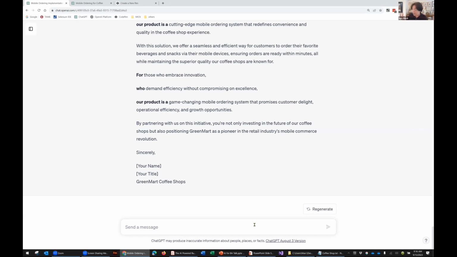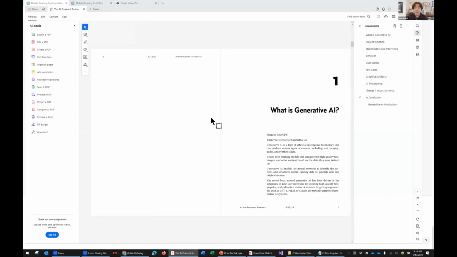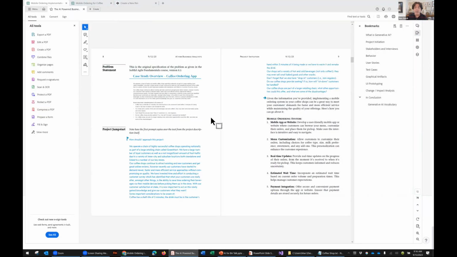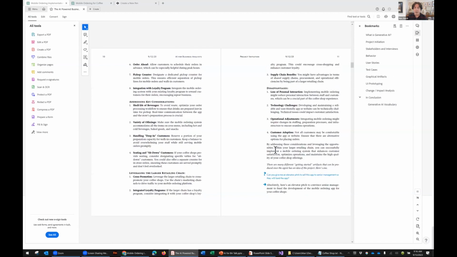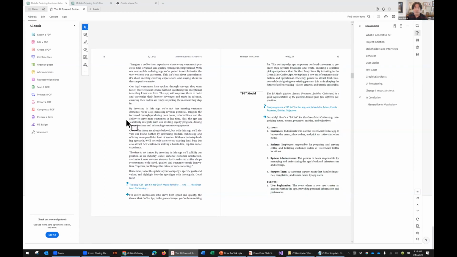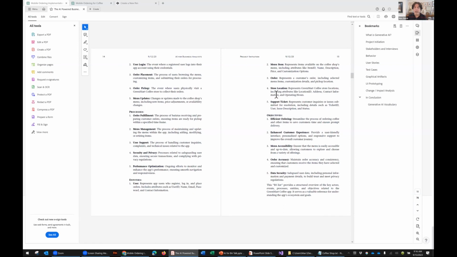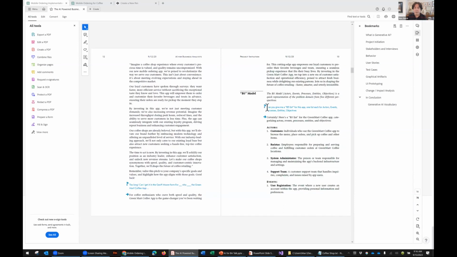So there's a lot more to the world than just elevator pitches. All right. In the handout, for example, you'll see that we have, among other things, something referred to as a B5 model. All right. And a B5 model lists actors, events, processes, entities, and objectives. Okay. So let me give this to it. I'm just going to copy out that sentence so you don't have to watch me type. I'm going to come down here.